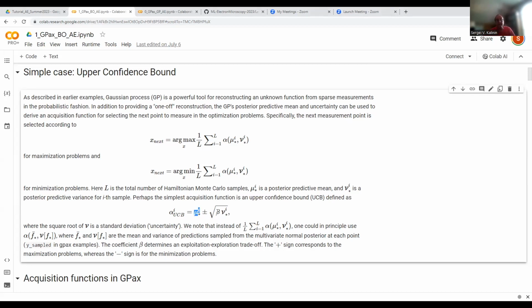Beta is basically the parameter that allows us to balance the exploration and exploitation. If we set the beta to be very small, then our algorithm becomes greedy. Then essentially our acquisition function is just the prediction. If we set beta to be large, then our acquisition function is basically the